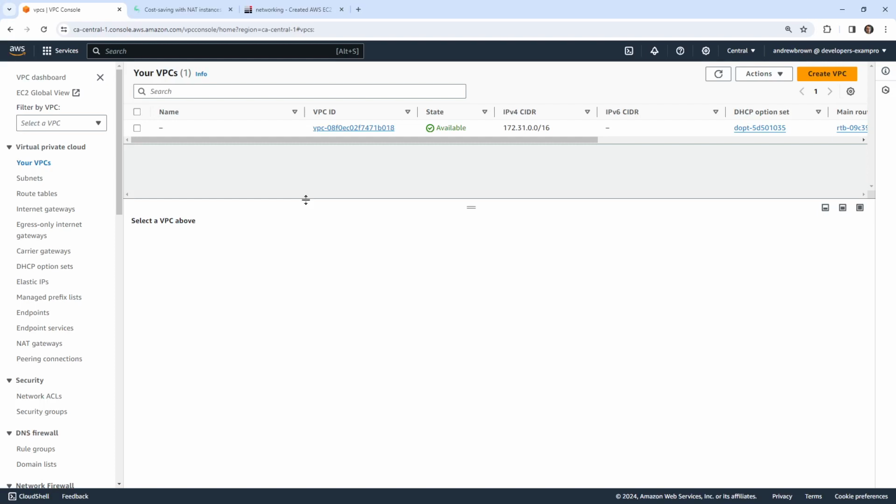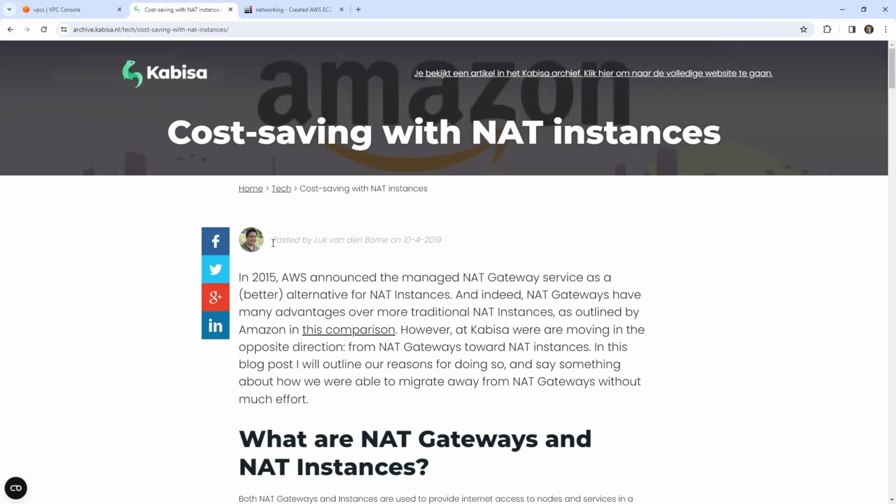Hey, this is Andrew Brown, and in this follow-along, we're going to take a look at setting up a NAT instance, which is different from a NAT gateway, since a NAT gateway is a managed service. A NAT instance is the idea of setting up your own NAT. And there is this nice article on Kibasa. It is outdated since it's from 2019, so there are some tweaks we have to do to get something similar